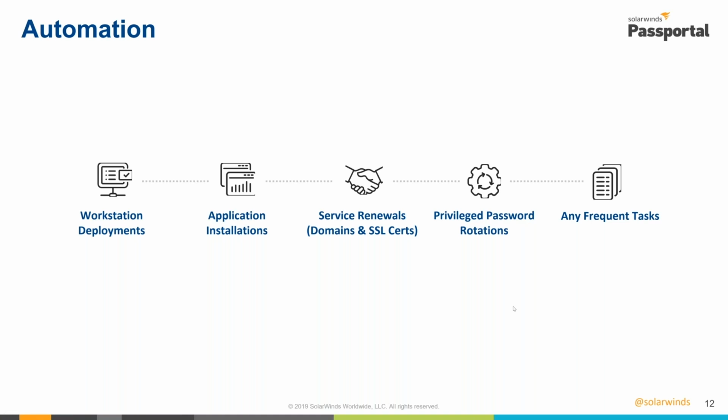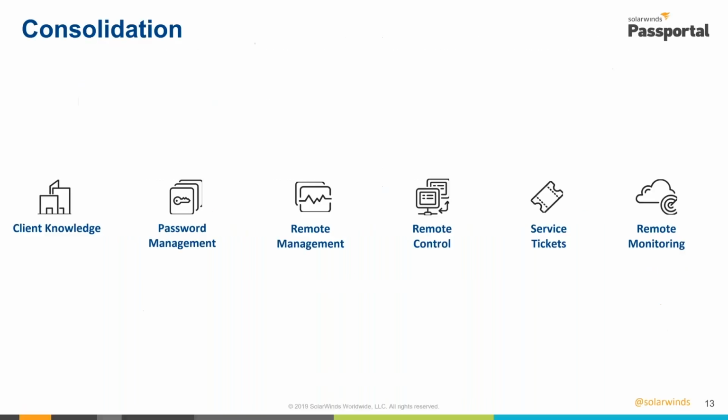Yeah. So let's talk a little bit about the tools as we've looked at automation now. How do we look at pulling our tools together from a consolidation perspective? Well, that's the thing. We've got so many disparate tools and functions and utilities that we need to use as an MSP. And for a long time, all of these were segregated. Now, over time, there's been some market consolidation and some of these tools have been brought together. But really, we've not seen it across the entire board. And so it's leveraging things like integration.